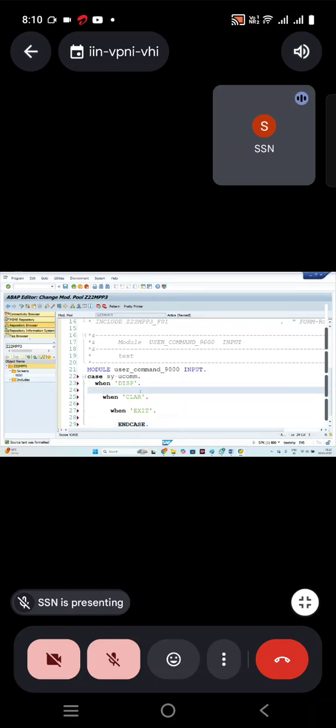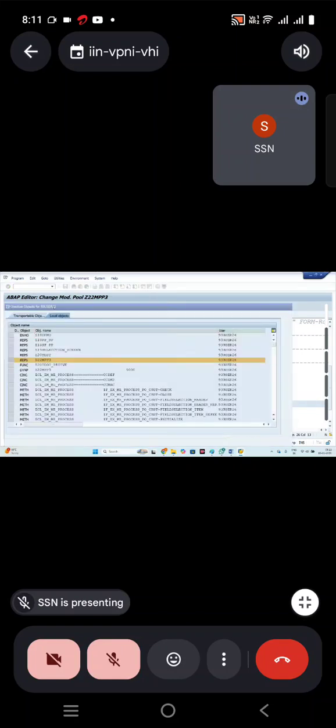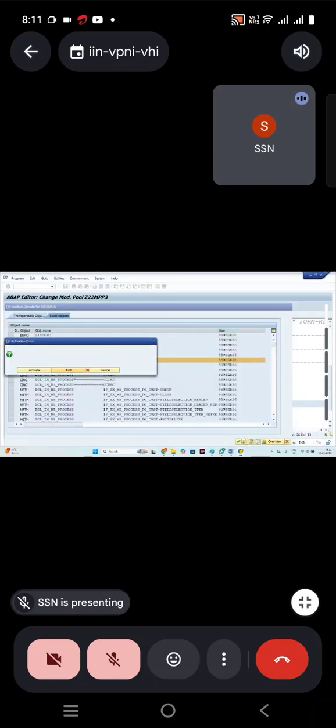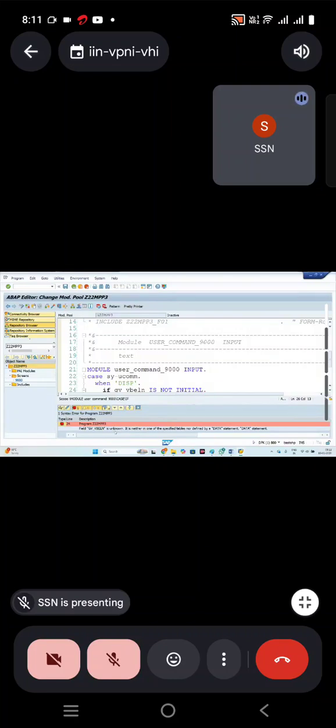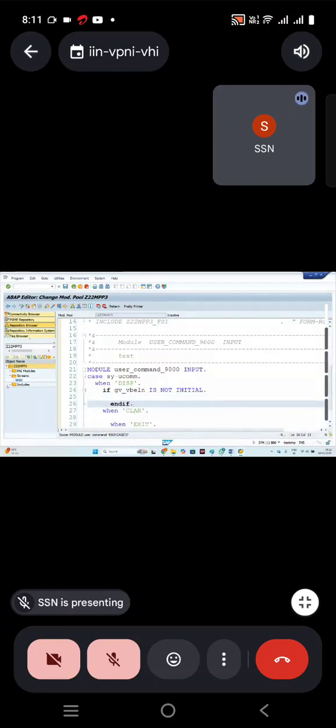Then display means if GV underscore VBELN is not initial, if they have given any value only, then display the data. That's what I'm writing. But before that I'm activating so that I don't lose this. Okay, we have not declared this VBELN and all, right? That's the reason it is throwing the error.